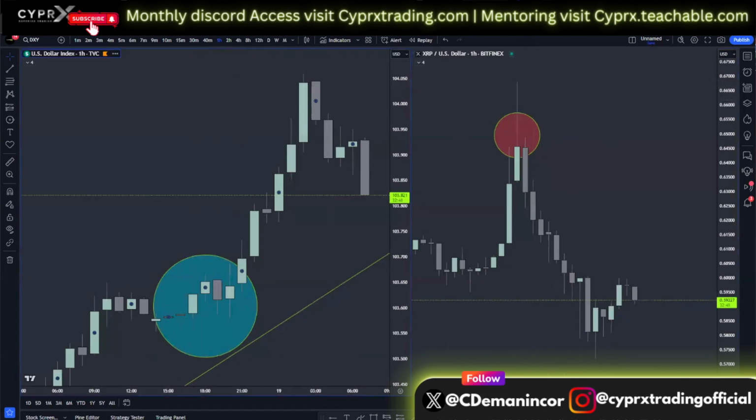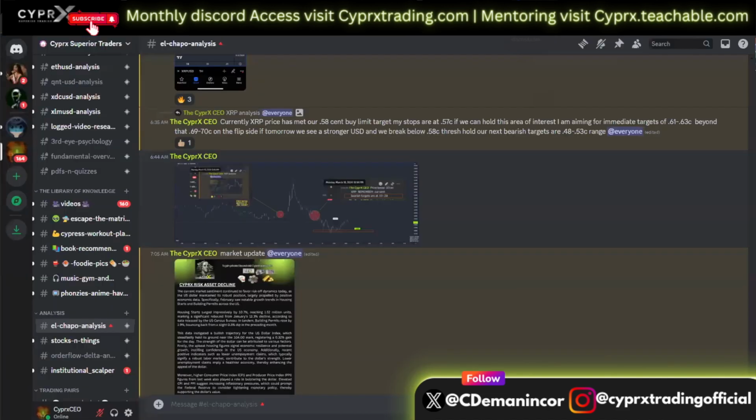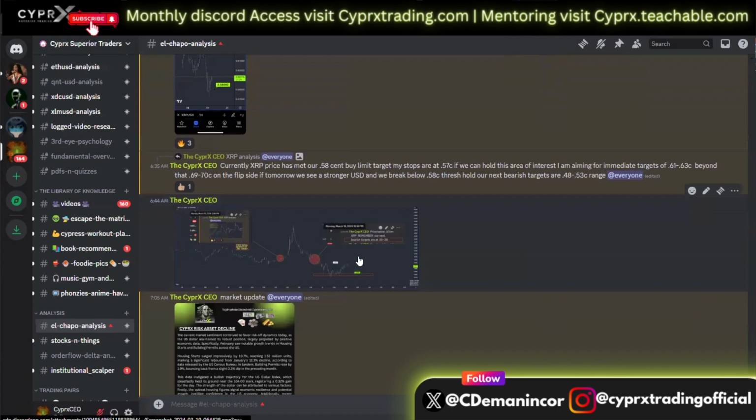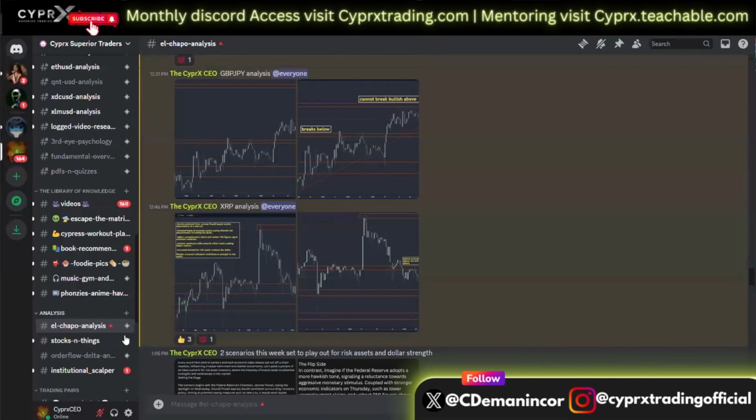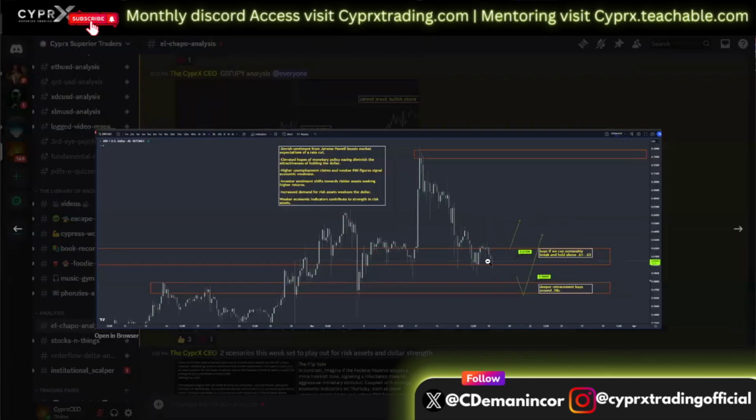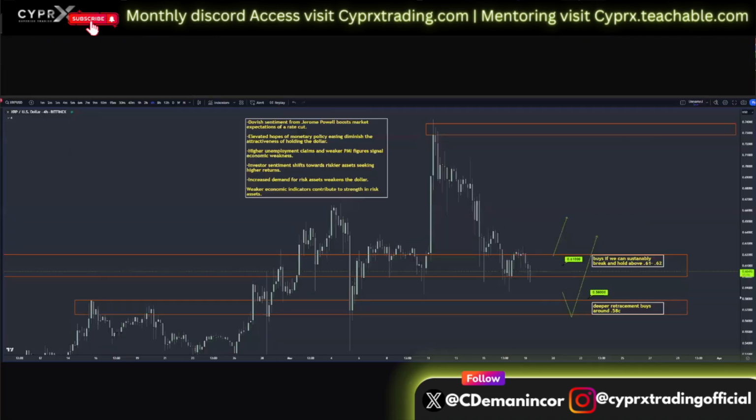So now let's go over short-term price projections in my immediate areas of interest. And again, I just want to show you guys that we put out all this information well in advance. So scrolling up here, you can see us putting out this information in advance to our private community. A screenshot was sent via my private analysis on March 18th, yesterday, when XRP price action was sitting at around 60 cents. So let's expand this screenshot. Here I mentioned to the CYPRX private community that we were looking for deeper retracements down into 58 cents. You guys can see deeper retracement buys around 58 cents.